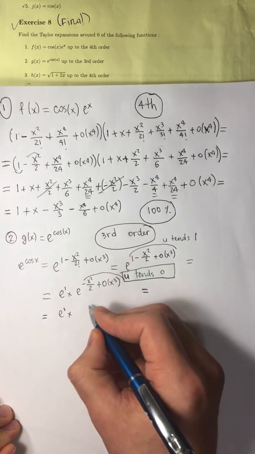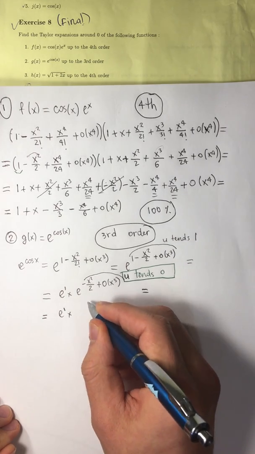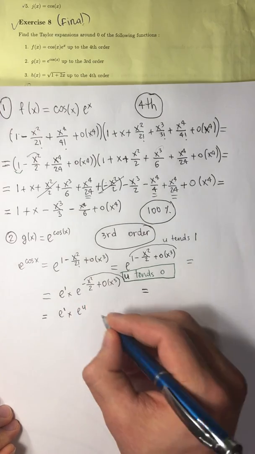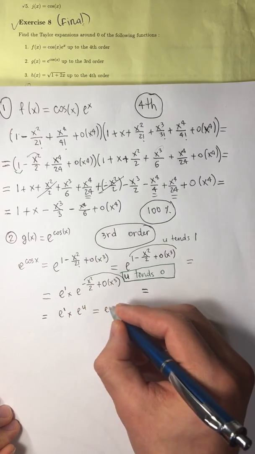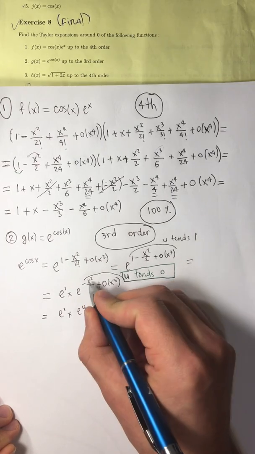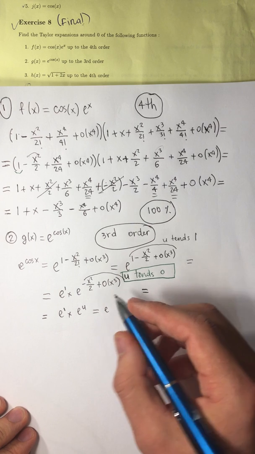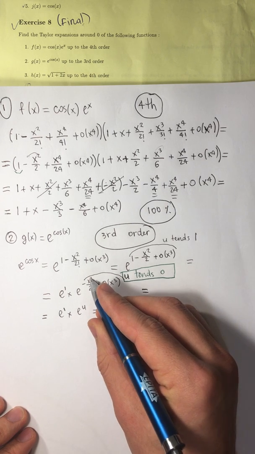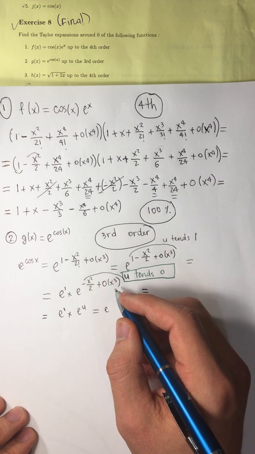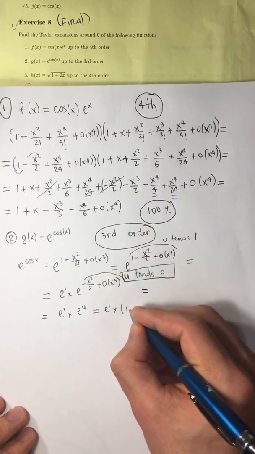Okay, now we have this, and imagine this is something that goes in your mind. So if it's e to the u, and you take u squared, right now u is x squared. So if you take the second order, it's going to be x to the 4. So you only need to take the first order, e to the 1. So 1 plus